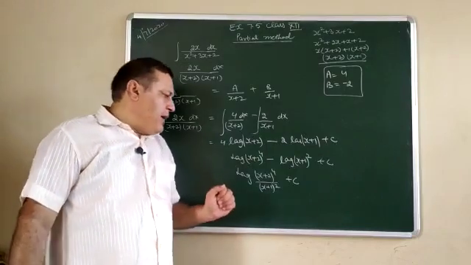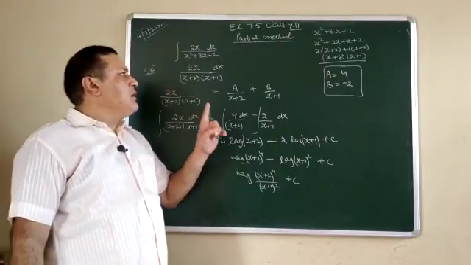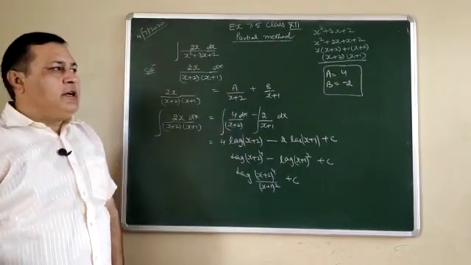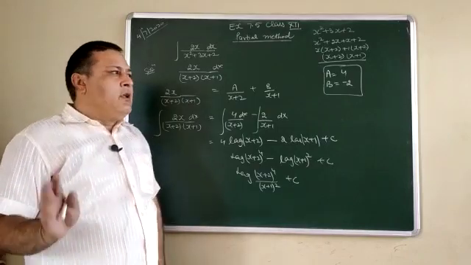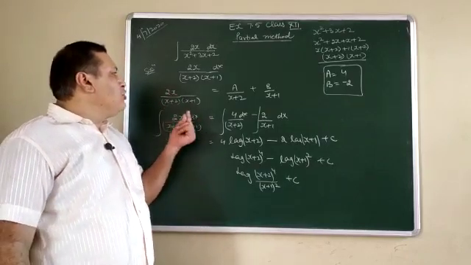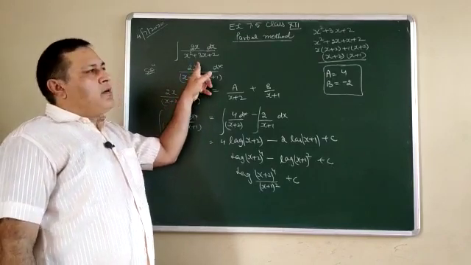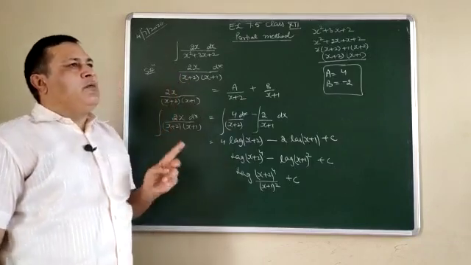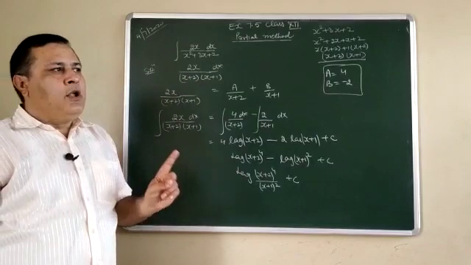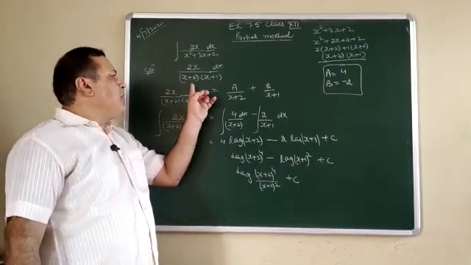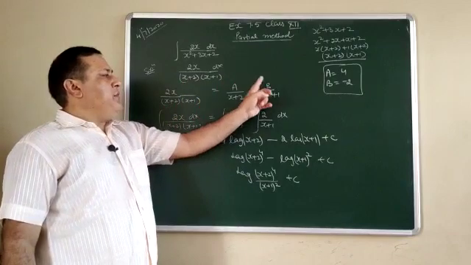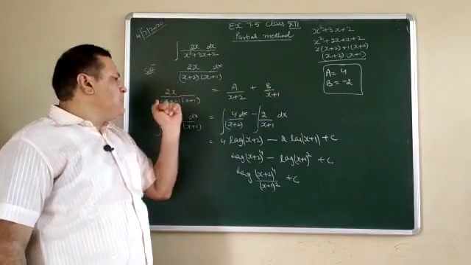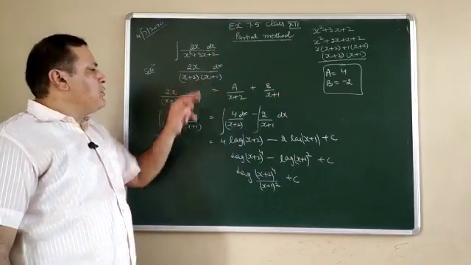Now listen very carefully. This is the only one character of the partial function. In the case of partial functions, there are 2 or 3 different methods to simplify the question. But today we are discussing those methods in which the numerator power is always less than the denominator, and the denominator may be in the form of a quadratic equation or maybe a cubic equation. In this category, we can factorize the expression into constants a, b, c and d. If 2 are there, then a and b. If 3 are there, then a, b and c. But remember, all these functions should be linear.